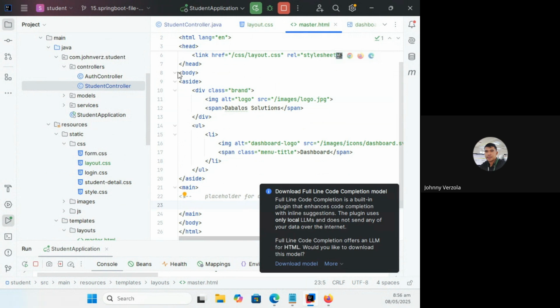So what we can do is we can have our main or a div.